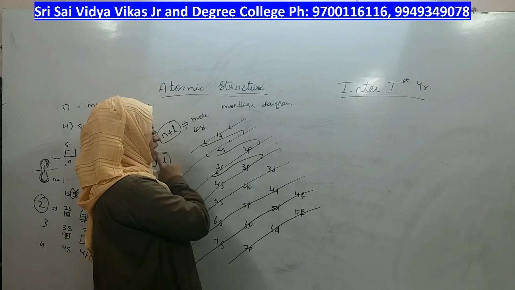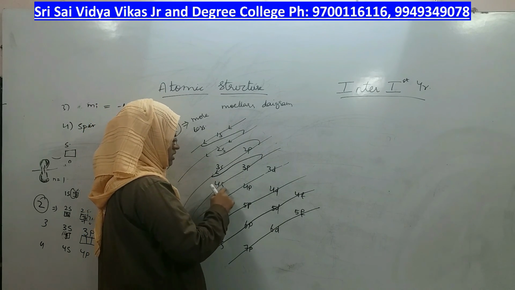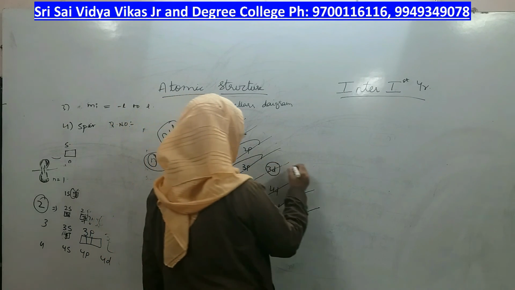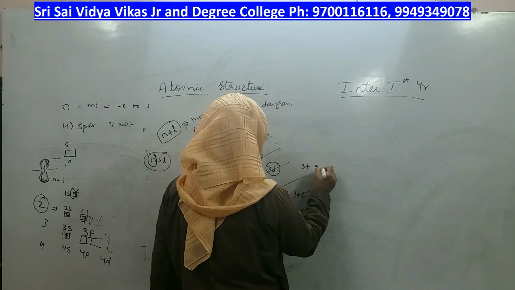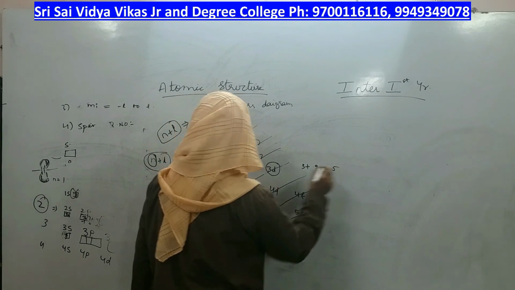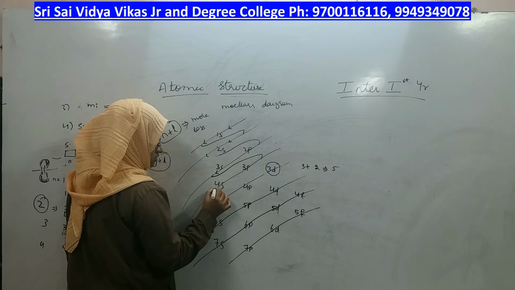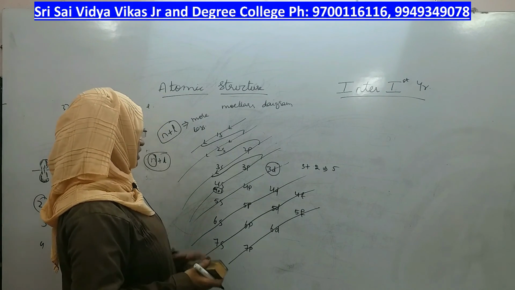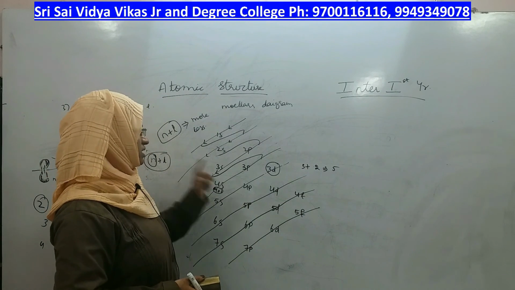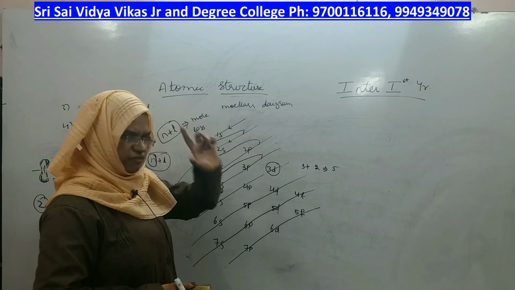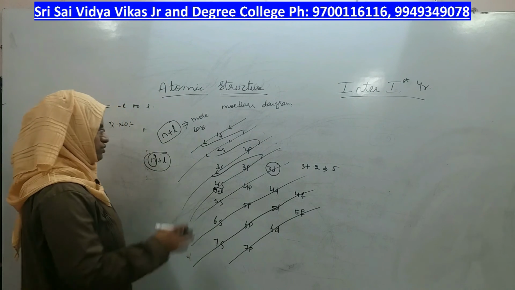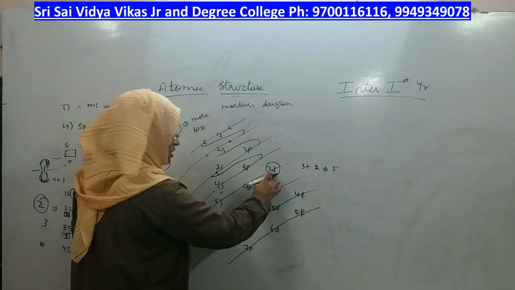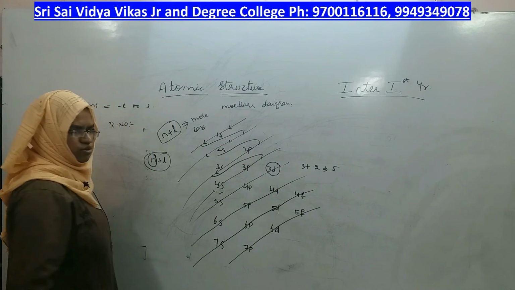Why? Because you should see the n plus L value for 4s and the n plus L value for 3d. 3d, what is the n plus L value? n is 3, d is 2. What is the value? 5. 4s, n is 4, s is 1. What is the n plus L value? 5. Right, their n plus L values are the same, but their n values differ. If n plus L value comes out the same, you should check where the n value is more. Is it more here or is it more here? It is coming out to be more for 4s.